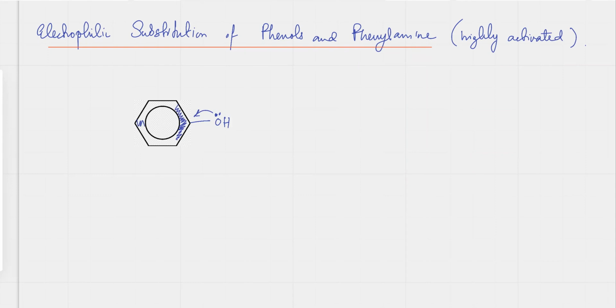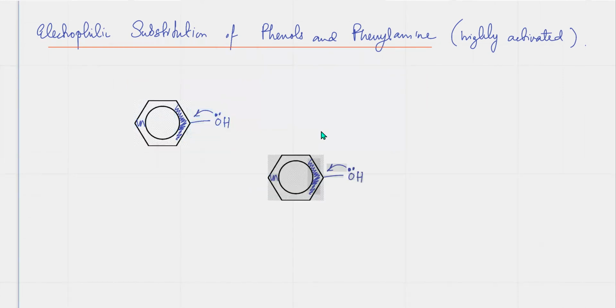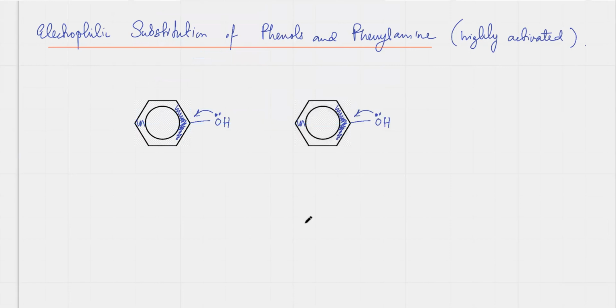Now, in this case, when it comes to a phenol or a phenylamine with NH2, it's highly activated. The reactions are going to be a lot faster. Okay, so it's going to be a vigorous,